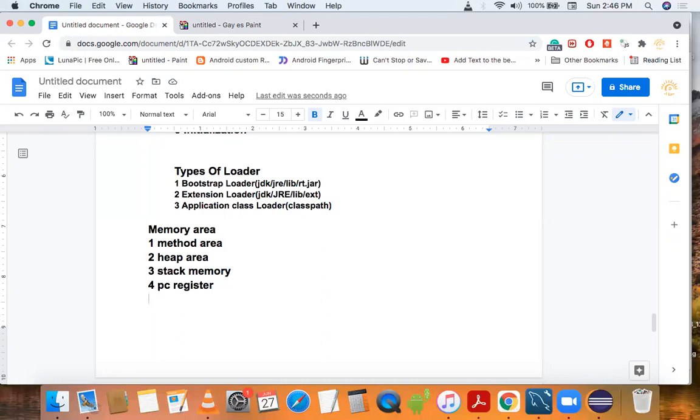The main work of the PC register is that it contains the address of the current execution instruction. After completing the current execution instruction, it moves on to the next instruction.